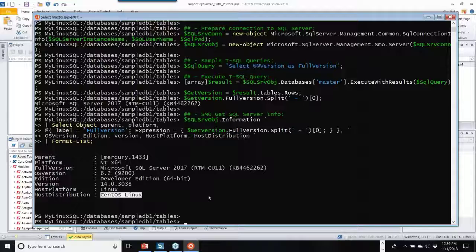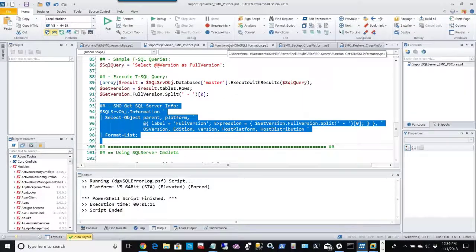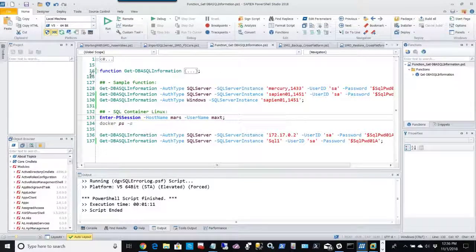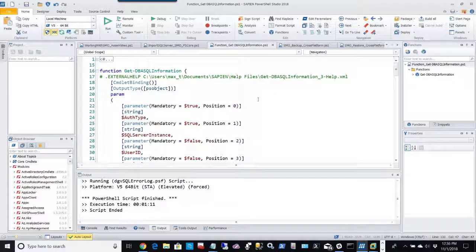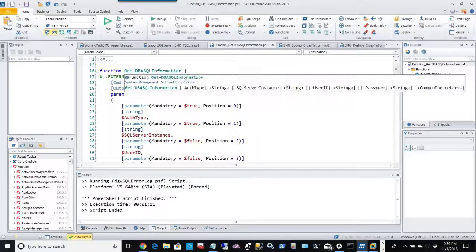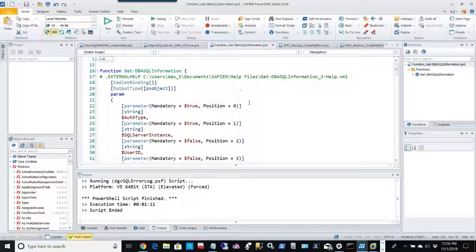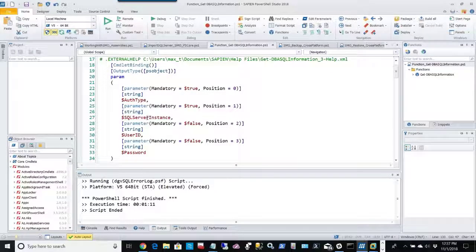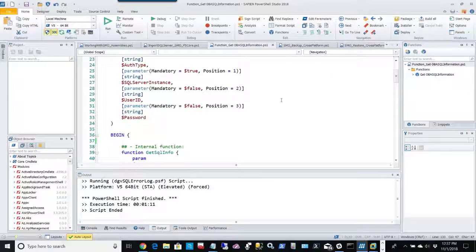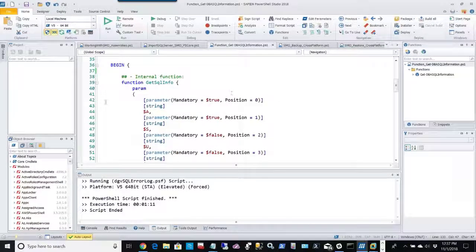Okay. So now I tested this series of lines. Now I want to build a cross-platform script to extract information from my SQL Server in my environment. So this is where this comes available. This is my cross-platform script that I created, DBA SQL information, passing my parameters: my authentication type, instance, user, password, and then of course I have an internal